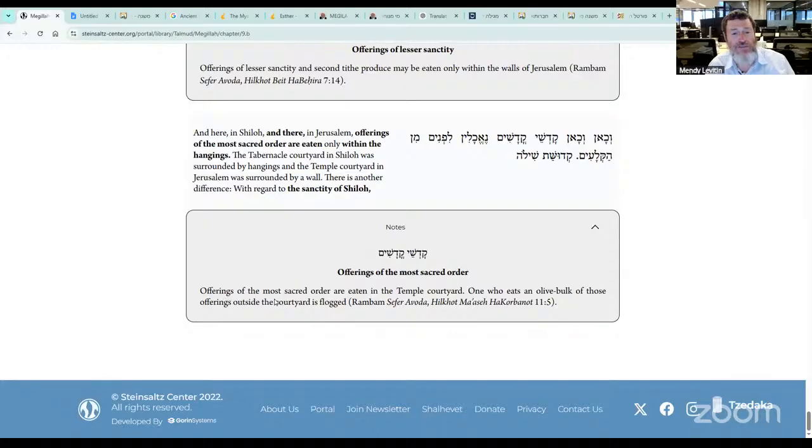It says offerings of the most sacred order are to be eaten in the temple courtyard in Jerusalem. One who eats an olive's bulk of those offerings outside the courtyard is flogged, gets malchus. Okay, and that in the Mishkan they had